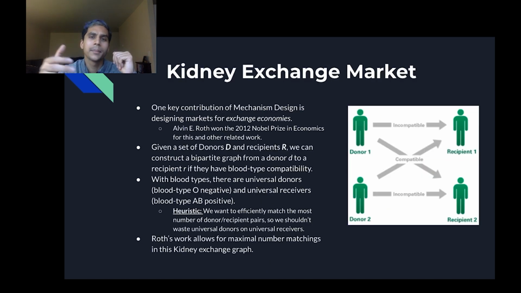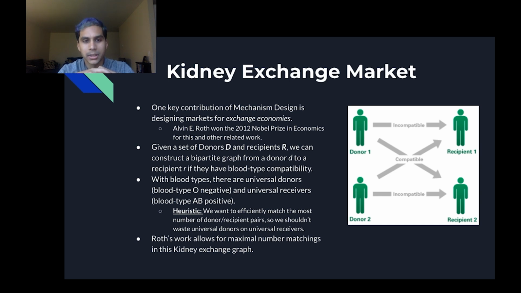In addition to talking about how we can apply mechanism design to real world problems, I think one of the biggest contributions of mechanism design is this idea of how we design markets for the exchange economy. So rather than paying money for goods, it's about how you barter with each other: I give you A, you give me B. Most notably, Alvin Roth won the 2012 Nobel Prize in Economics for this work,